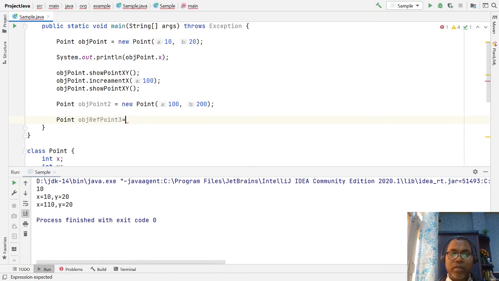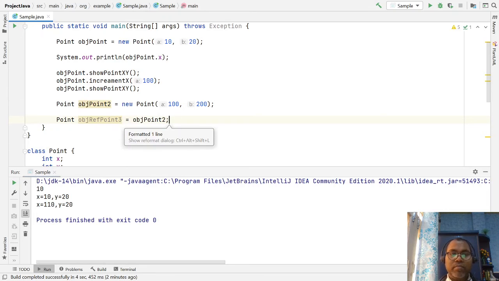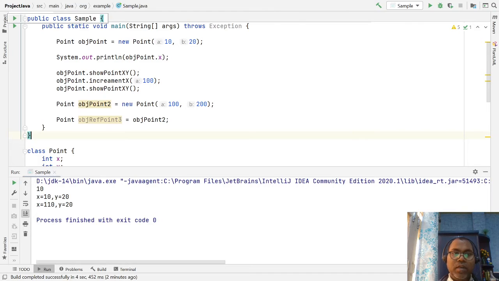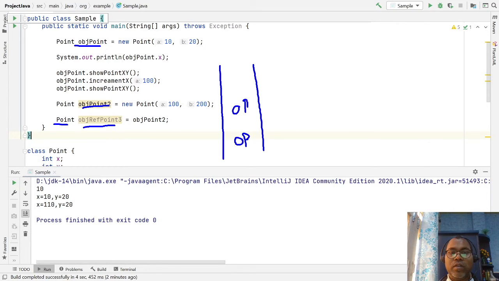You can assign it here to object 2 as well. So this point data type object reference point 3 means that here this is your object point 1, and here your object point 2, and here we have created object point 3.